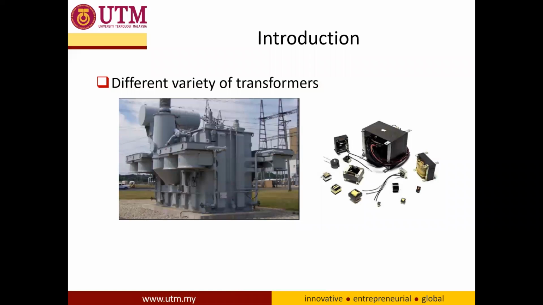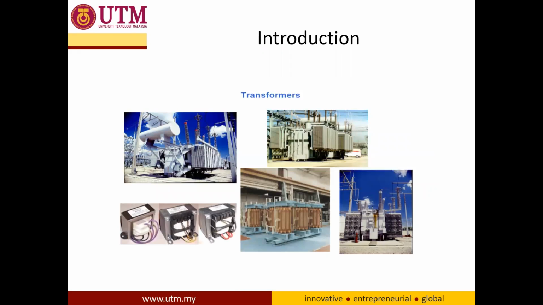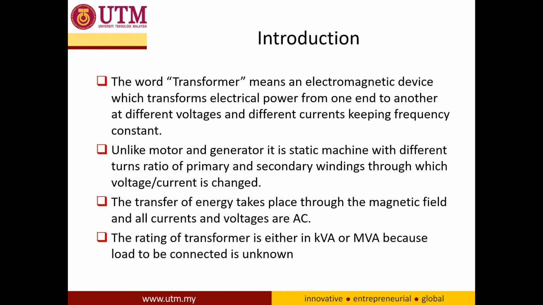And the transformer, this is the figure showing different types of transformers used in the practical environment. This is a transformer used in power transmission, distribution, and so on. And this is a transformer used in our electrical home appliances. And also several figures. The word transformer means an electromagnetic device which transforms electrical power